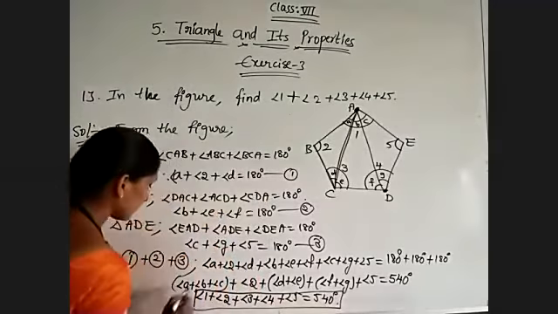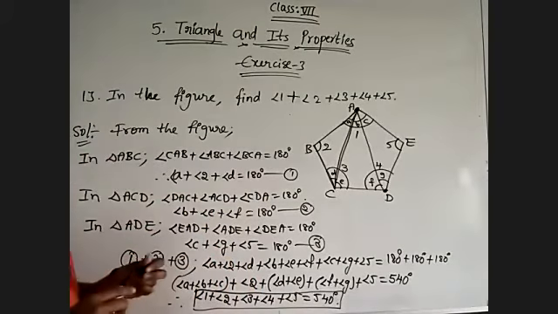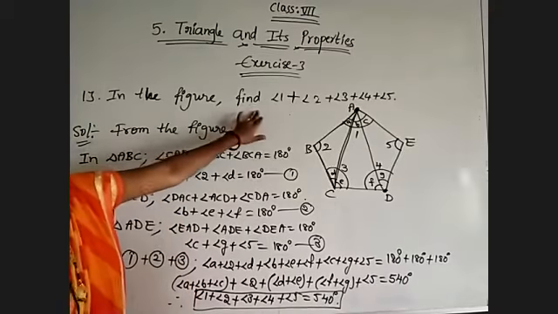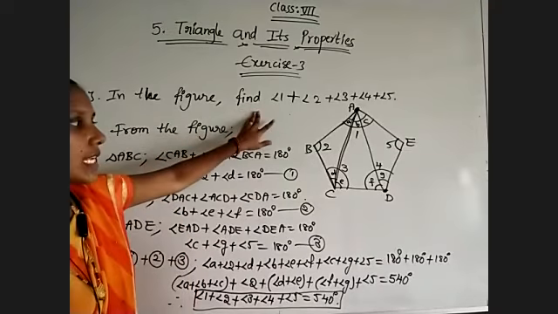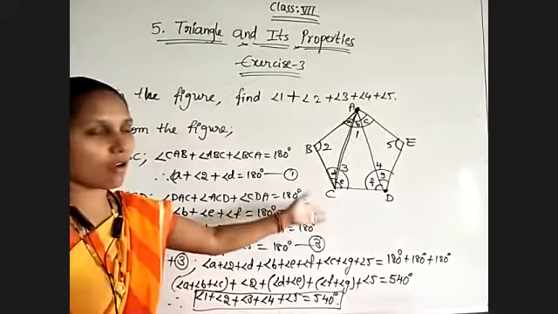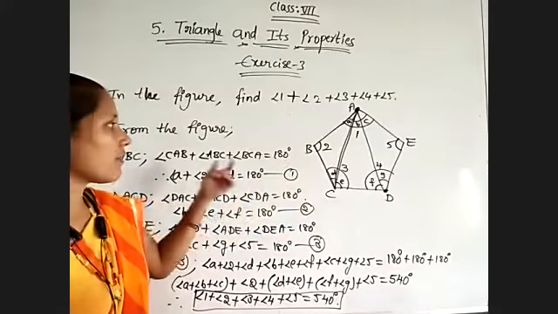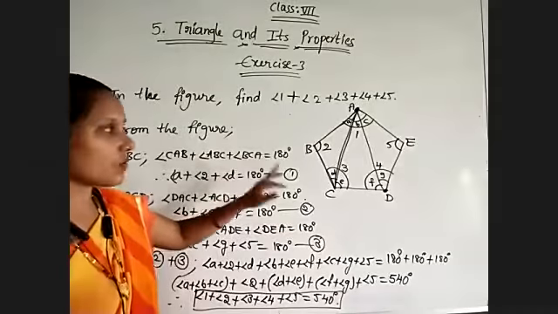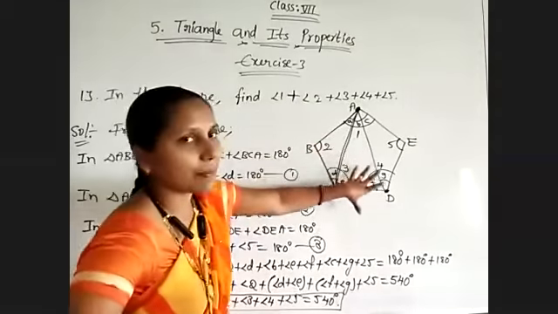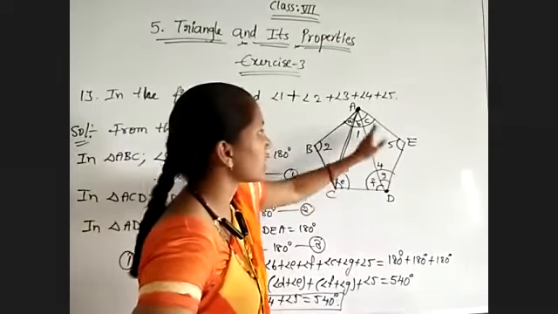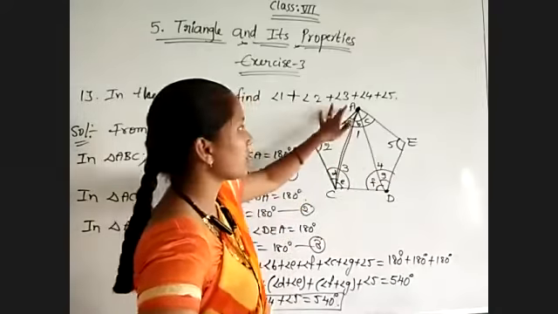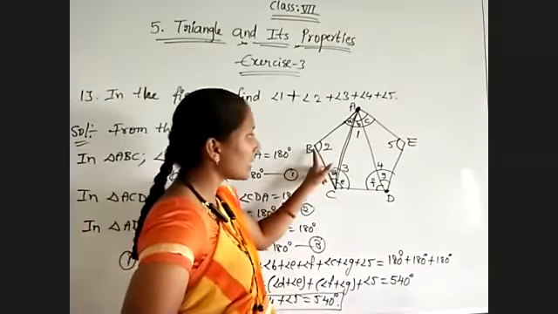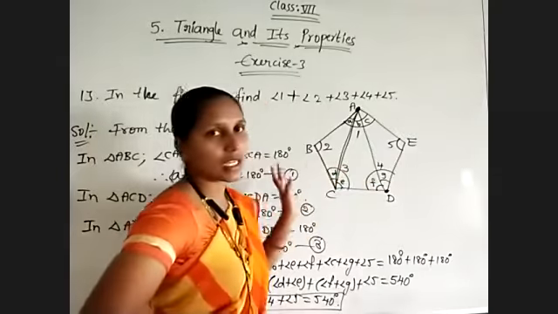Observe. Once again observe the problem, don't get confused, because they are asking to find the sum of the angles of a pentagon. So directly we don't know how much the sum is. That's why we use what we know: the sum of the angles of a triangle is equal to 180 degrees. So I'm dividing the pentagon into three triangles by taking two diagonals from A. If you want to take from B, no problem, you can. For B, we can take BE and BD.